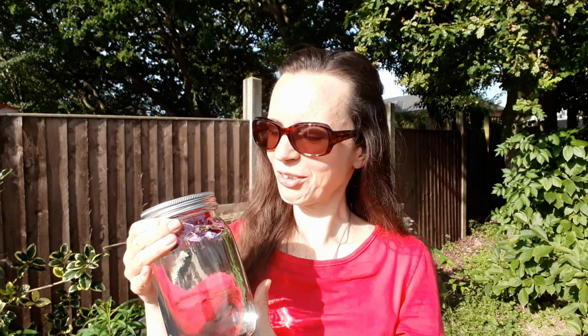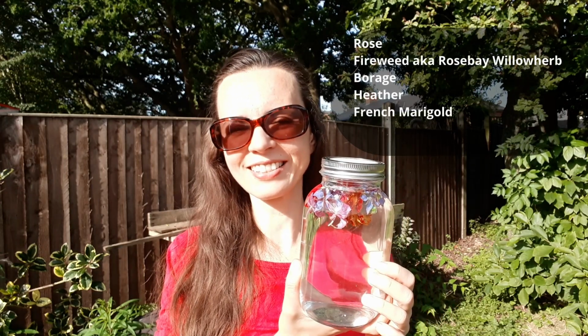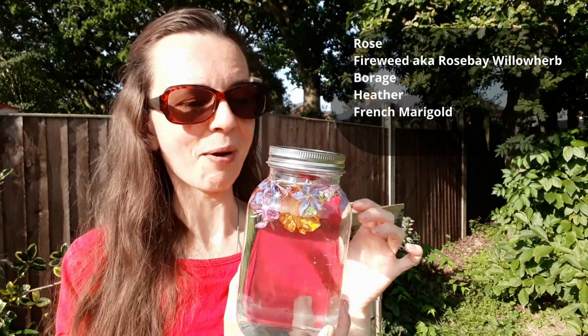And I was thinking, you know what, why don't I use the power from my garden as well? So I've got various wonderful flowers in bloom at the moment, and I also add them here for a super booster. And what did I put in? So I've got some roses, some fireweed flowers or rosebay willow herb, some borage, and also heather. I never tried heather in my water, so